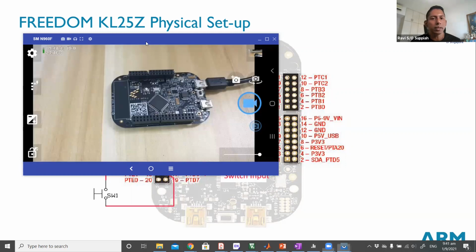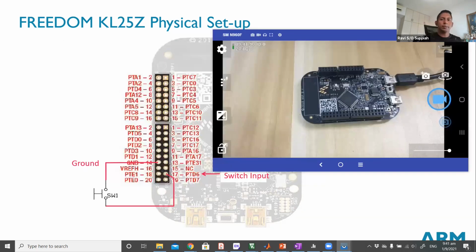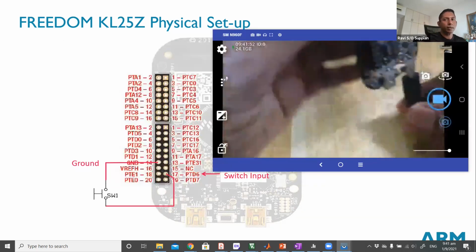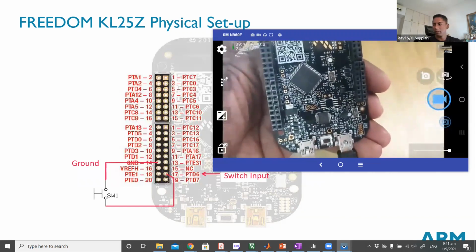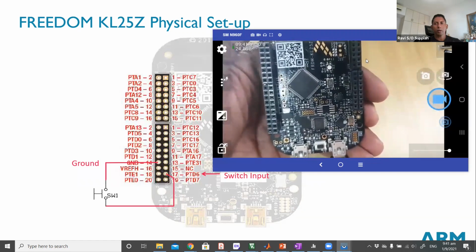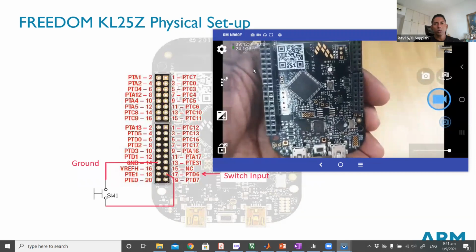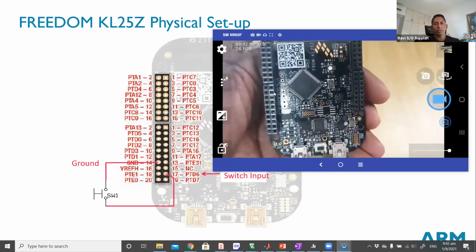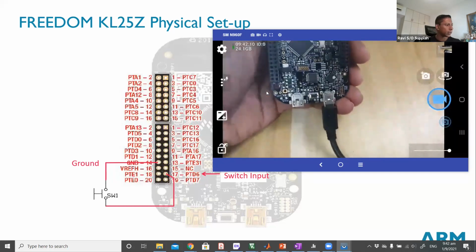Okay, so this is the physical setup. You can see down here what you need to do. So this is the board. The first thing is, here I have all my connectors soldered over here. If you only want to solder enough for this week's lab, then when the board is facing you,